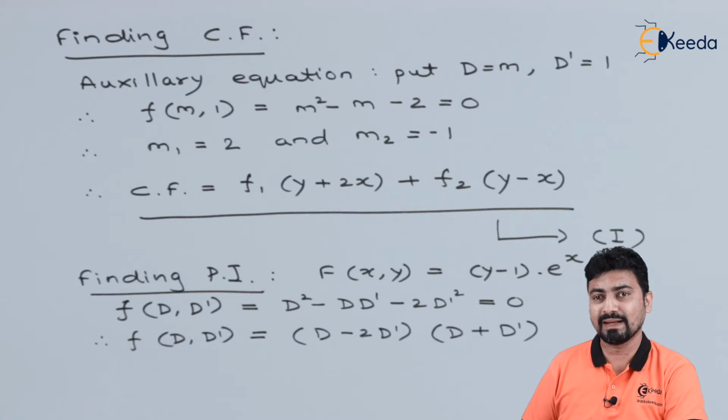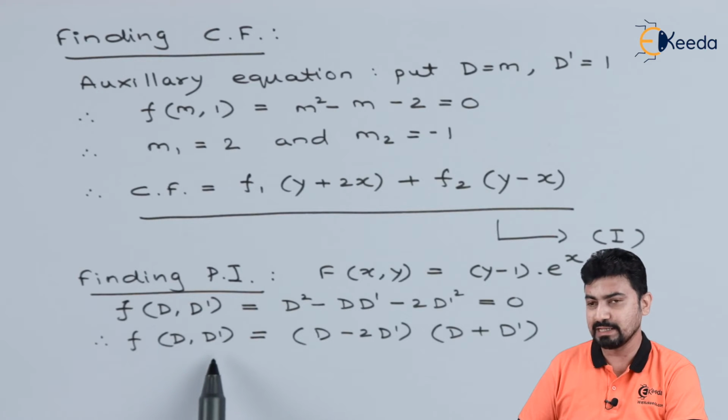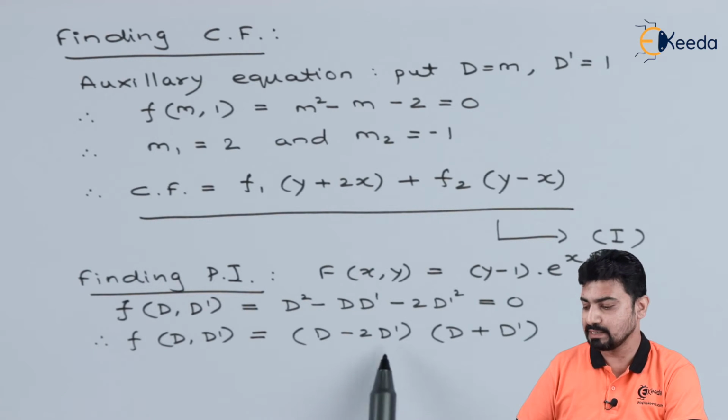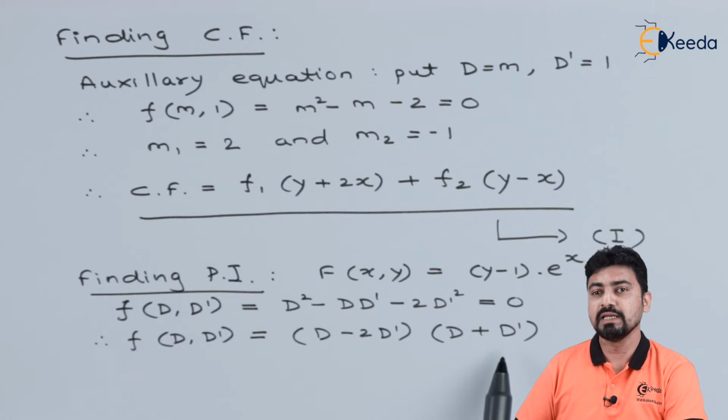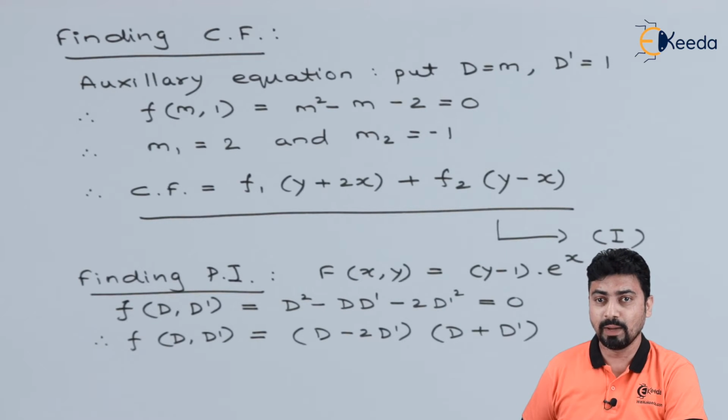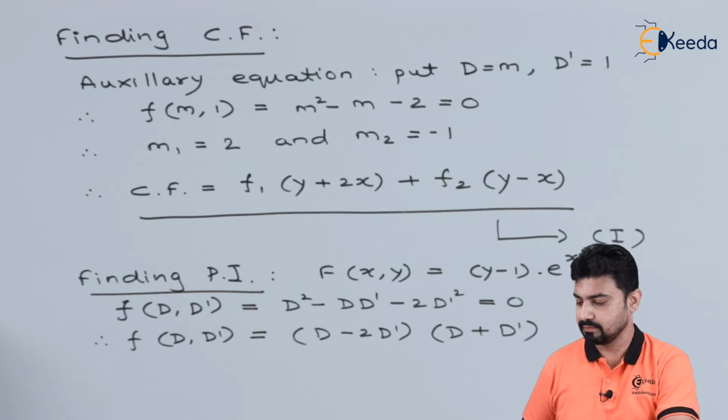Thus, we have factorized the given function of D, D dash into D minus 2D dash and D plus D dash. So, we can use the rule of particular integral when f(D, D dash) is converted into linear factors. The rule is